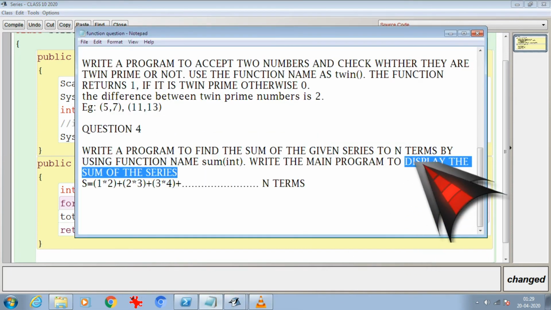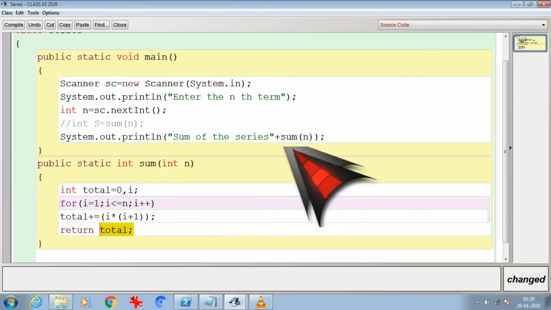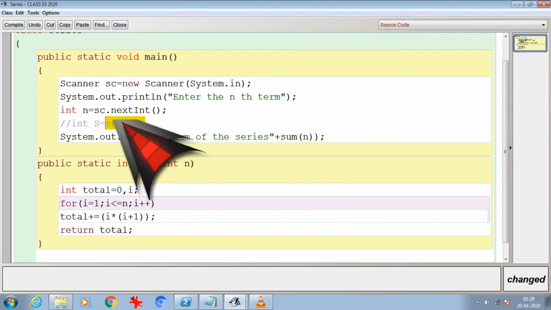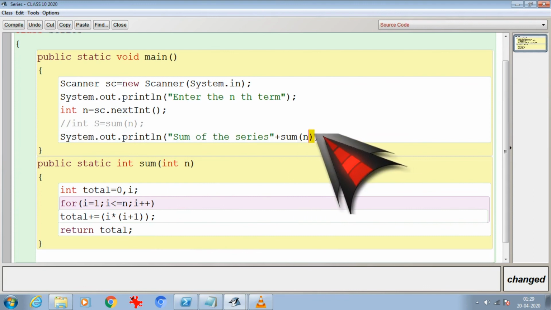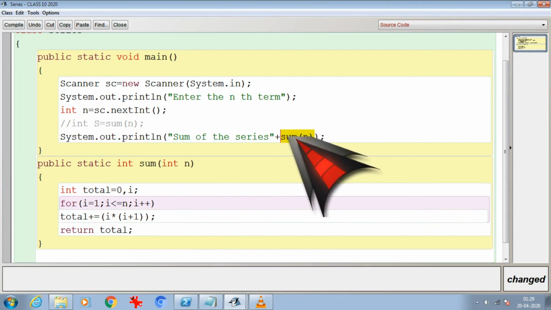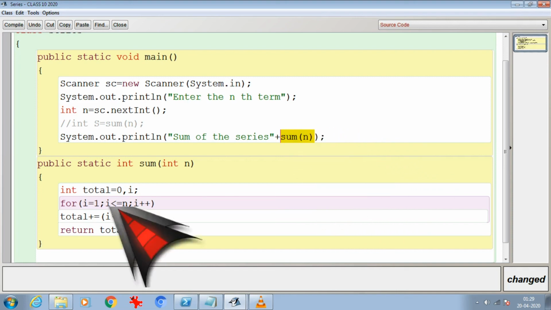So the sum of the series is present in the total variable and I'm returning it. The same total is going to be stored in S, and either I can print the variable capital S, or even if I call sum n over here, from there the total is going to come over here.